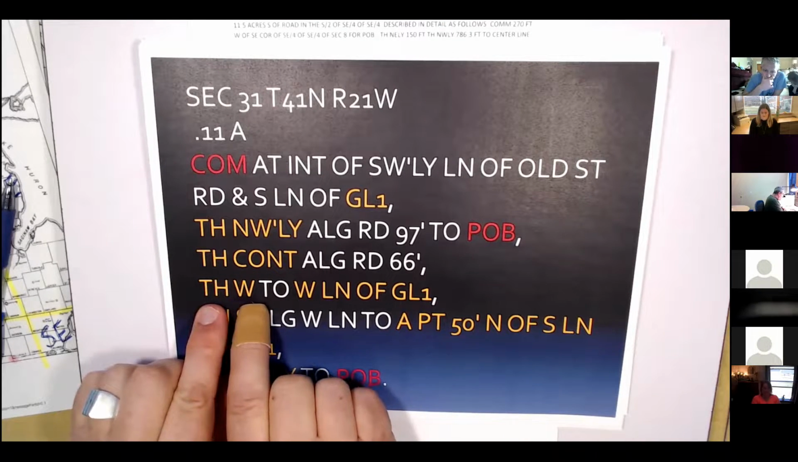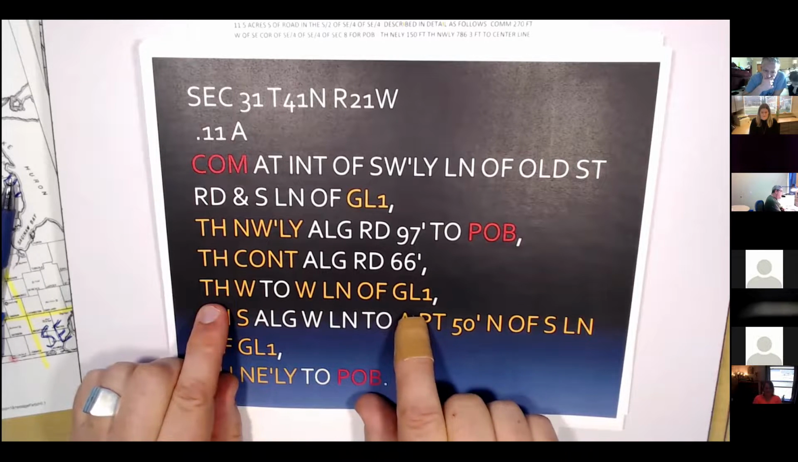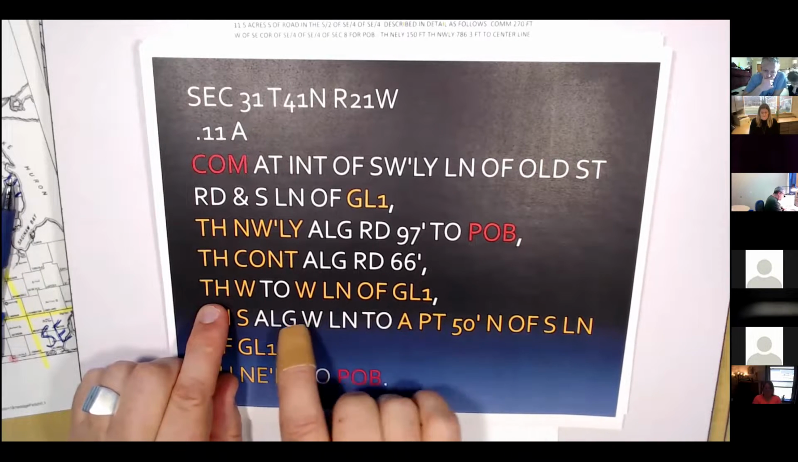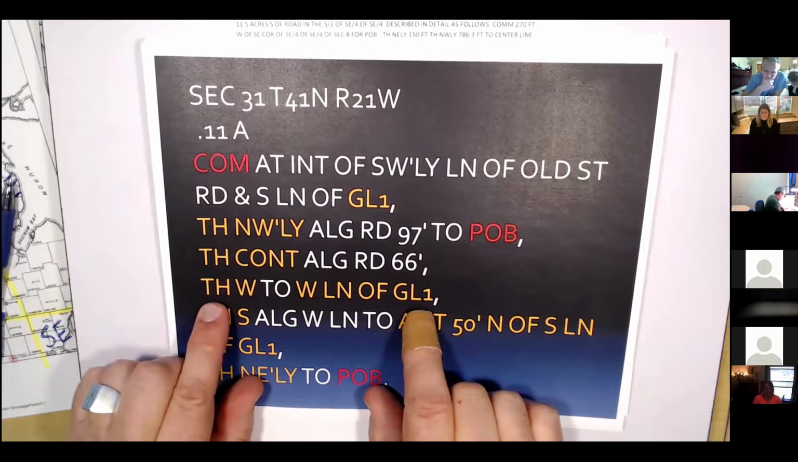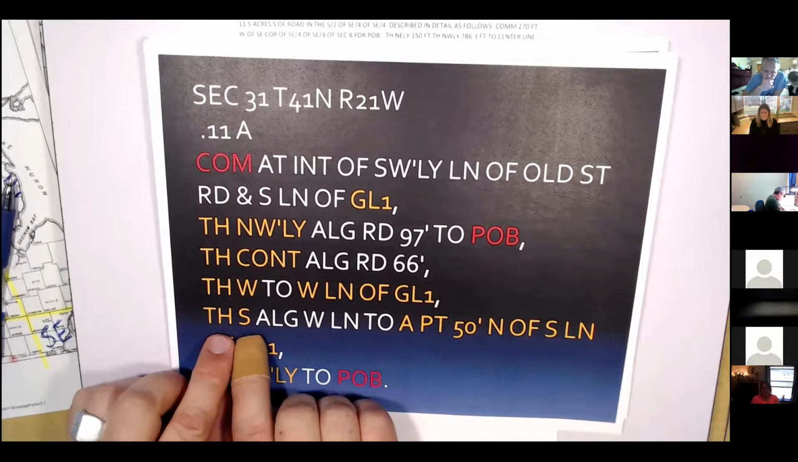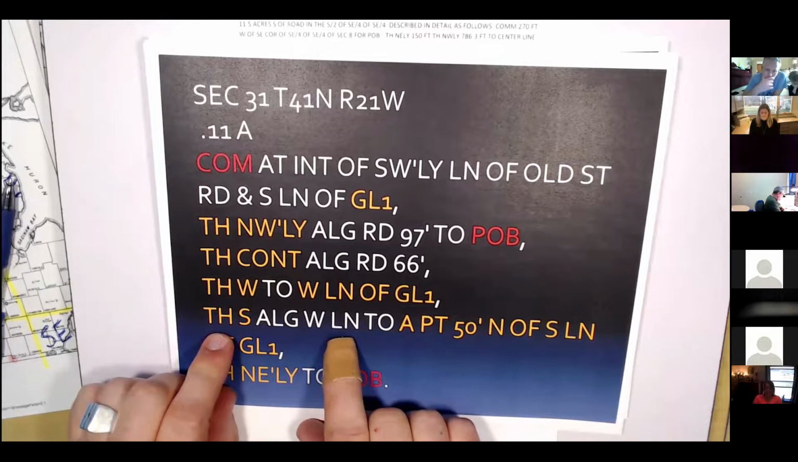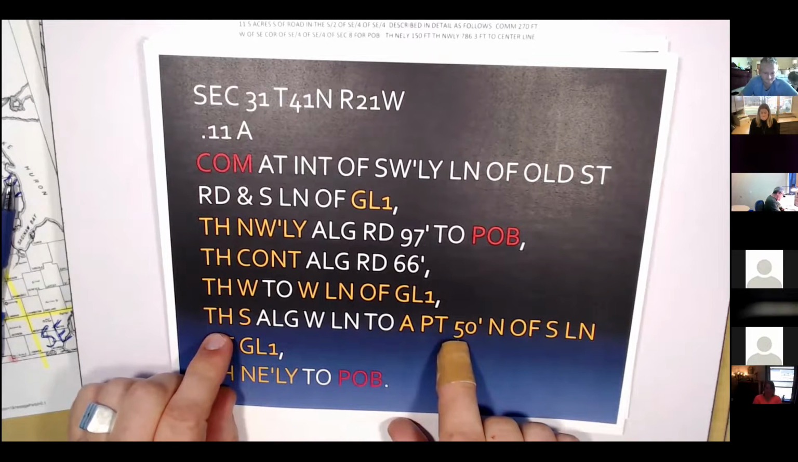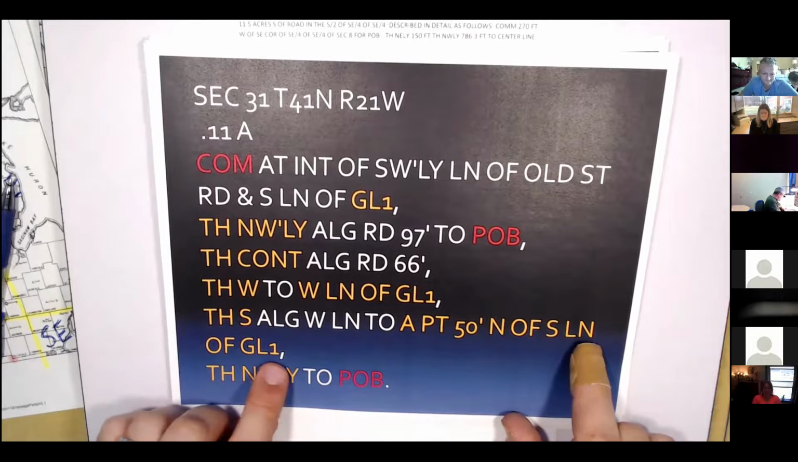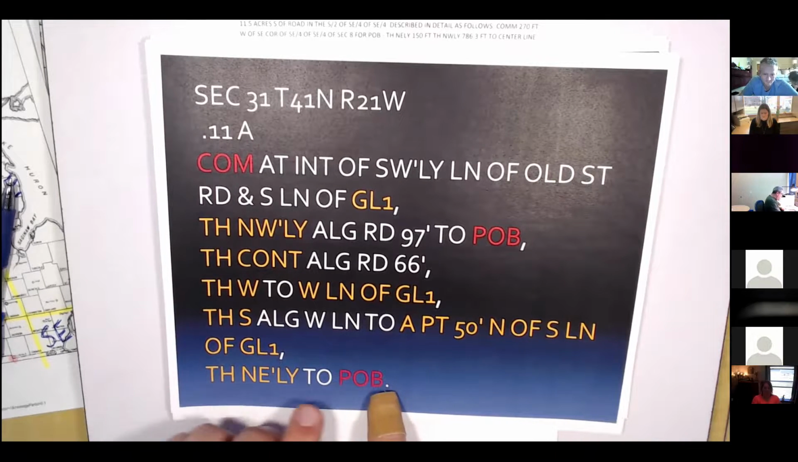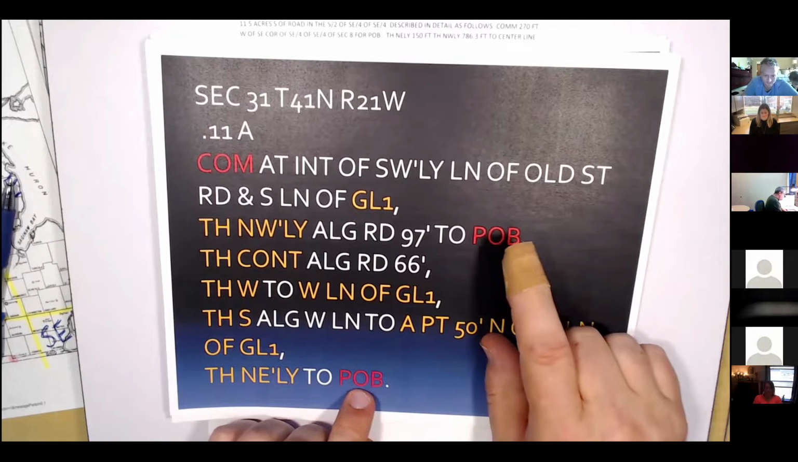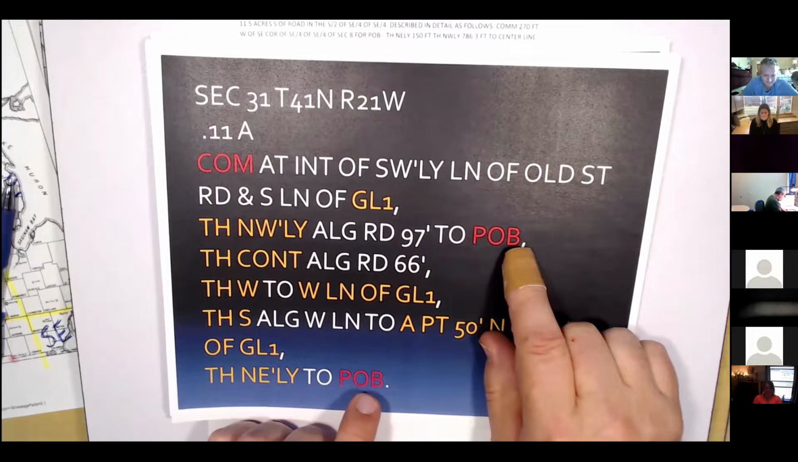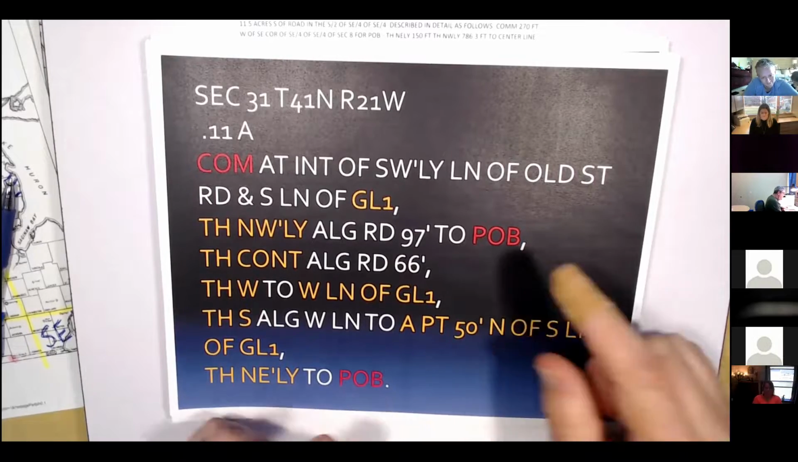Then you're going west to the west line of that government lot. Again, this will be shown on your tax maps where your government lot is for the most part. Sometimes they're not there, but they should be. Then south along the west line of that government lot to a point 50 feet north of the south line. Then you're going northeasterly to the point of beginning. You should be able to draw this out so that when you start at this point of beginning and end at the point of beginning,